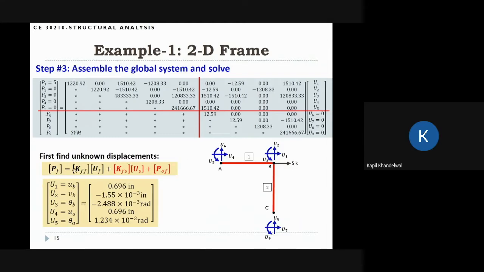We have used the same relationship for trusses and beams, so nothing is changing. It's the same relationship we have for these kinds of structures also. So we are trying to solve for PF is equal to KFF UF plus